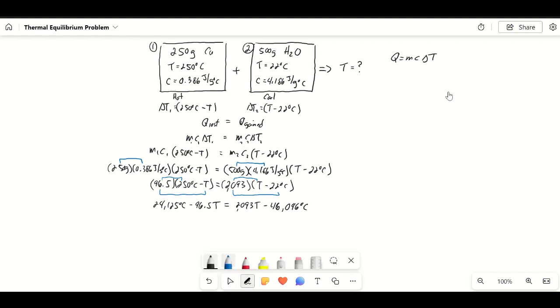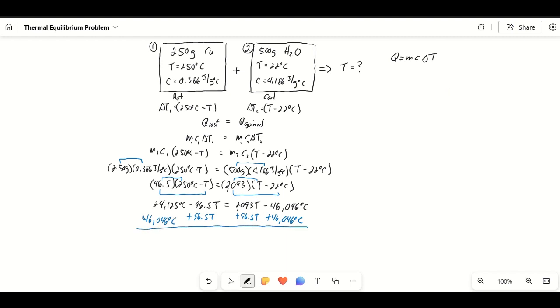So now we have to combine our like terms. We'll keep the T's positive, so I'll add 96.5 T to both sides. And then I'll add my temperatures, 46 degrees. And we can see that those go away and those go away. And so we're left with, on the left side, 70,171 degrees Celsius